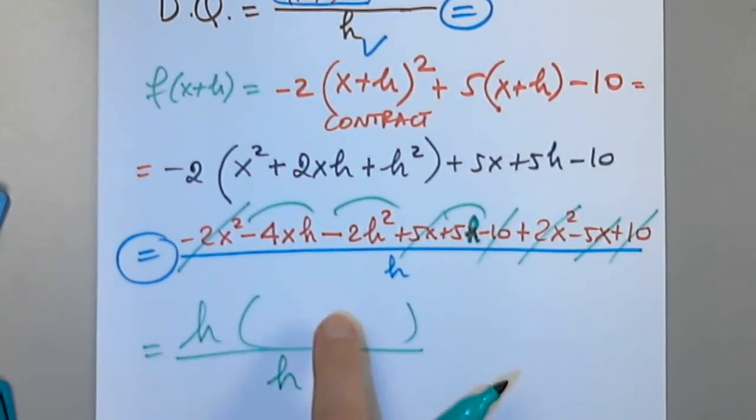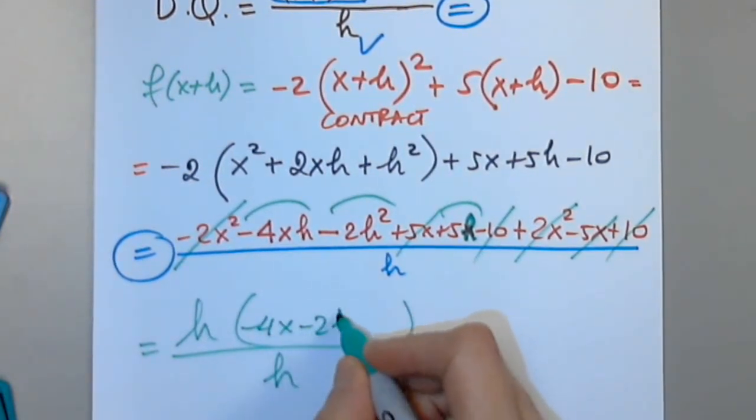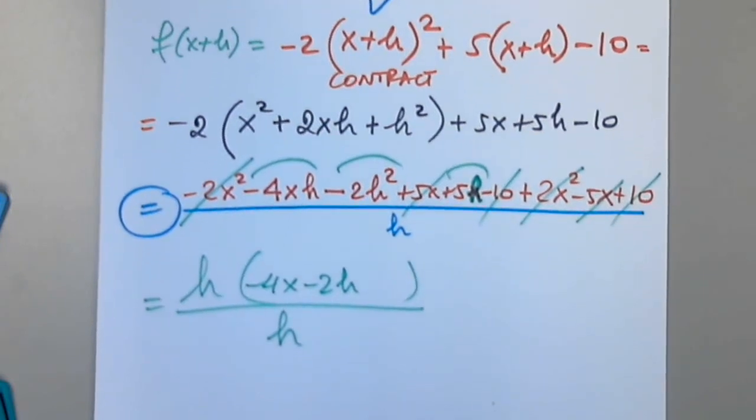How many terms will you give me in parentheses? Exactly 3. If you start with 3, you have to give 3. So please, I'm ready for your terms. 4x, for negative 4x